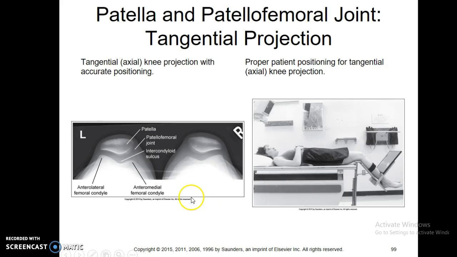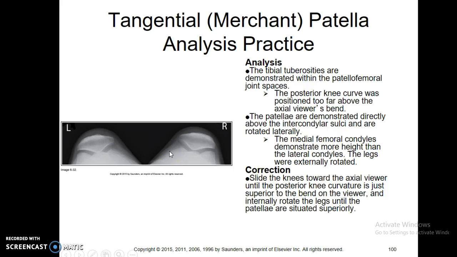Tangential, so the sunrise views or Merchant, skyline views are all pretty much the same here. You want to be able to see the intercondyloid sulcus without any superimposition of either the tibia or the femurs going across, and you should be able to see both joint spaces going across fairly evenly. Now you have something like this, where you've got a little bit of invasion of the space here. So this particular book talks about either moving